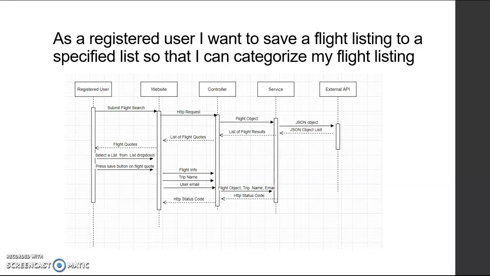Once we send it to the external API, a JSON object list is returned from there, containing all of our flight results and flight quotes. So we send that from the service level to the controller level to the website, and then we display those flight quotes onto the website and show the user that. Then for the user to be able to save flight information to a specific list after already conducting their search, they will have to select a specified list from a list dropdown, press the Save Flight Quote button,